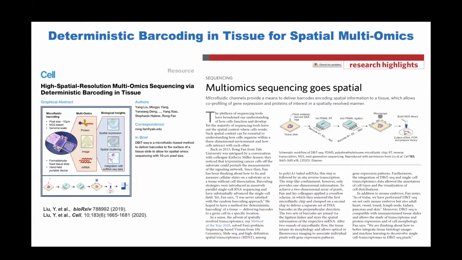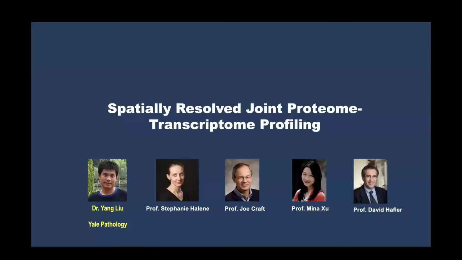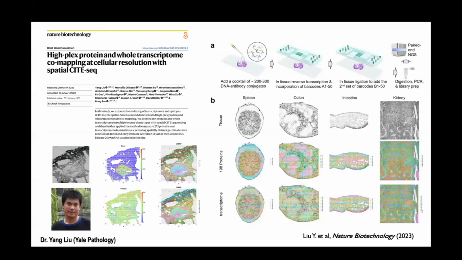And then I tried to challenge my postdocs and students: can we really map hundreds or even thousands of proteins to really approach proteome-wide mapping in conjunction with the whole transcriptome? Turns out that's totally doable. Of course, how to build such a large panel of antibody DNA conjugates is a lot of work, but technically it's totally doable. So we demonstrated that works for about 300 proteins co-profiled with the whole transcriptome spot by spot